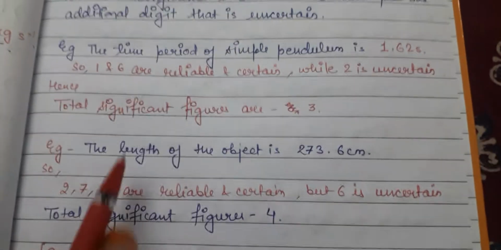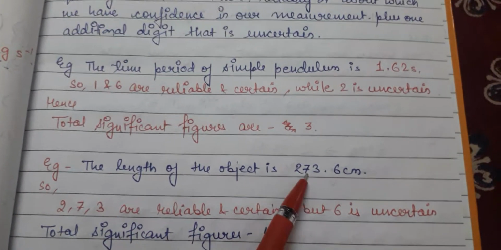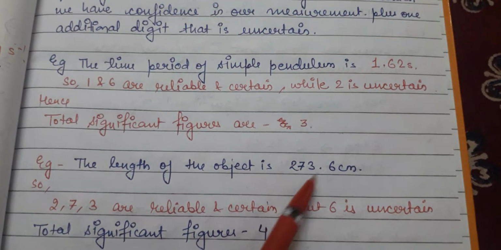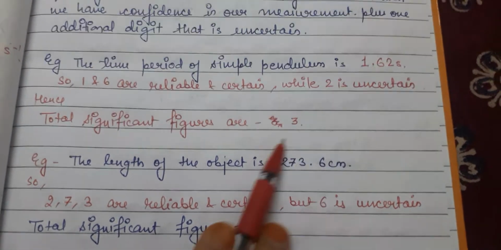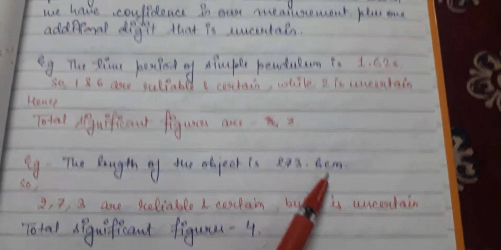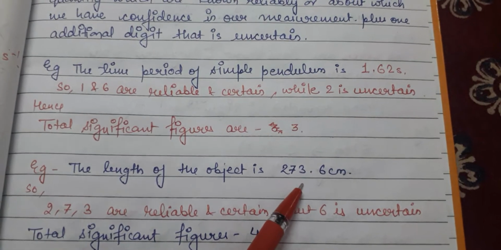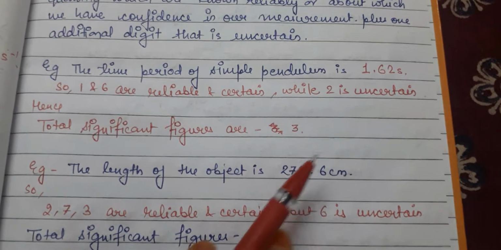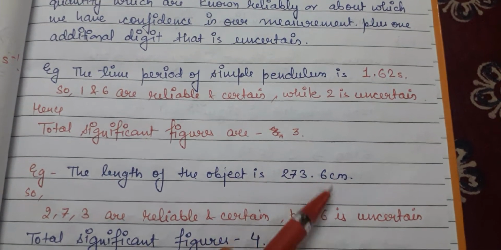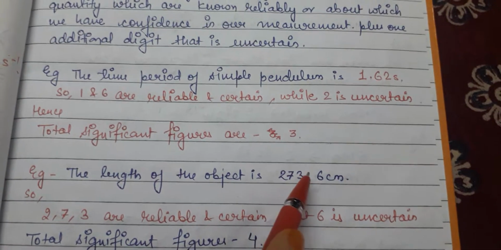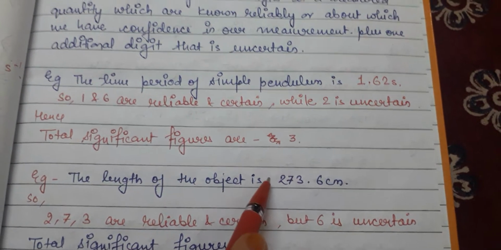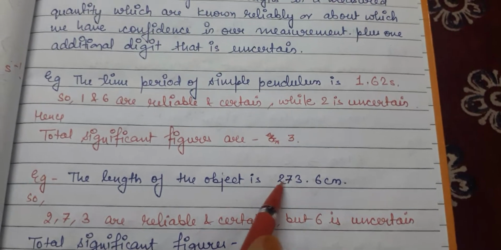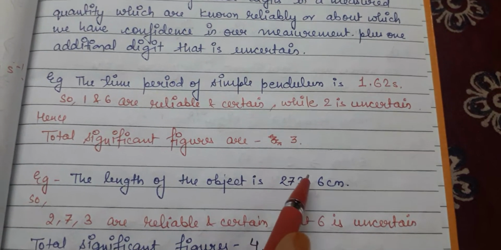Okay, let us take another example. Suppose we have measured the length of an object as 273.6 centimeter. This is the measurement which I have done. So first of all I have to see for how many digits I have confidence that these are certain. So 2, 7 and 3 I think are certain, means I have confidence that yes, the length might be